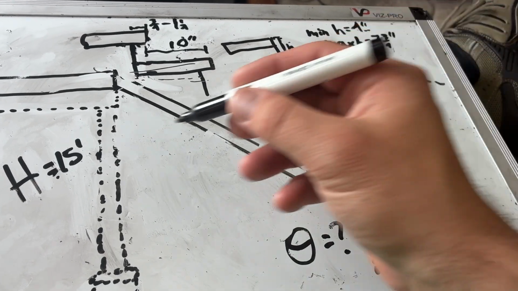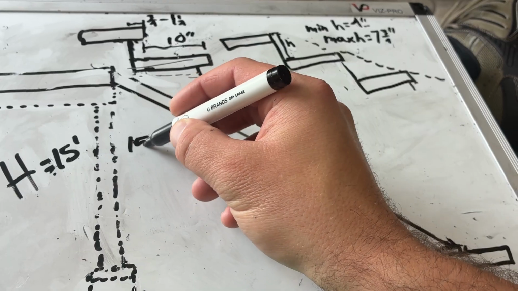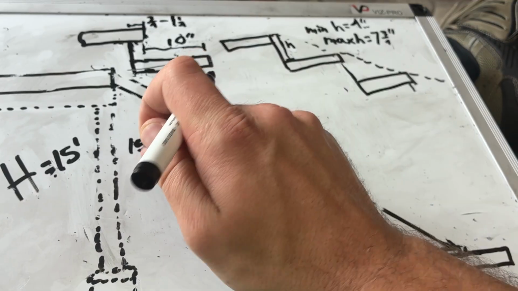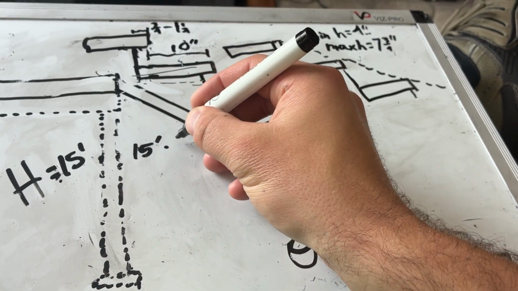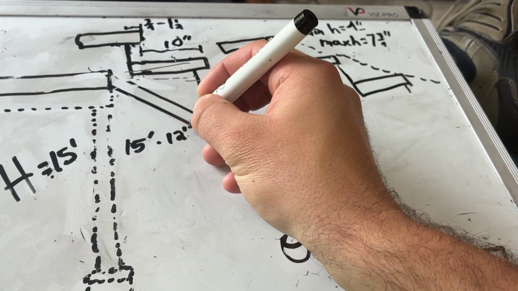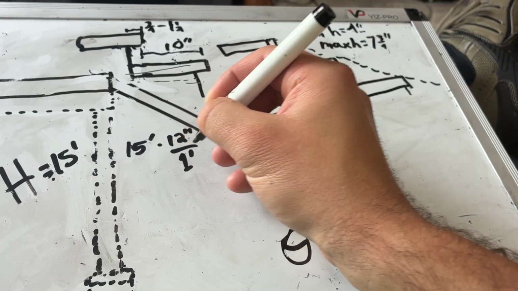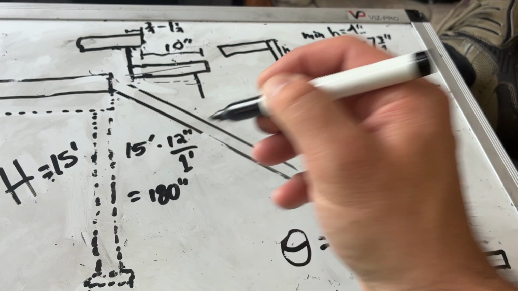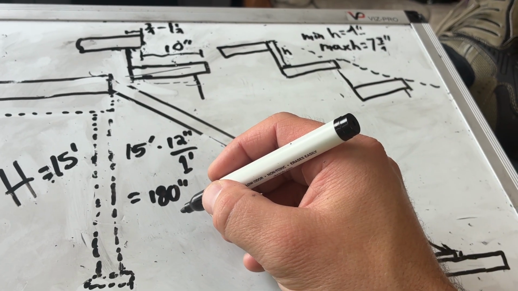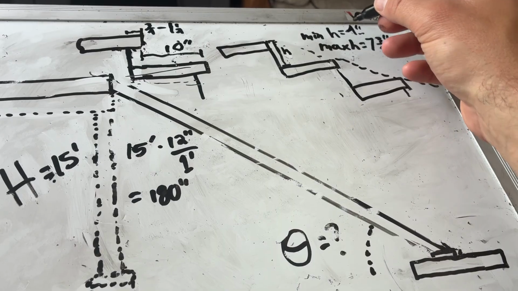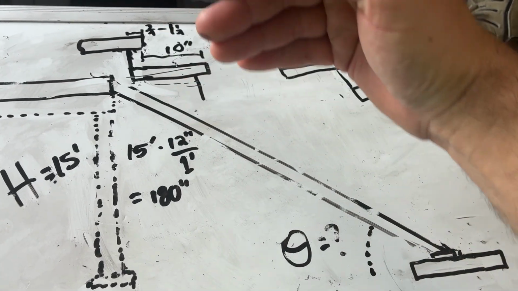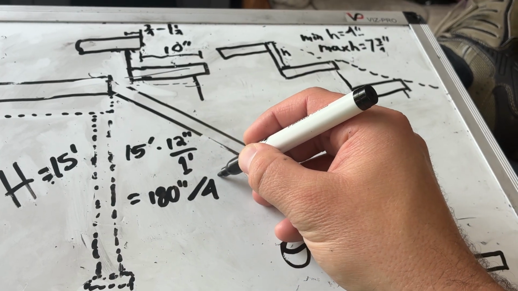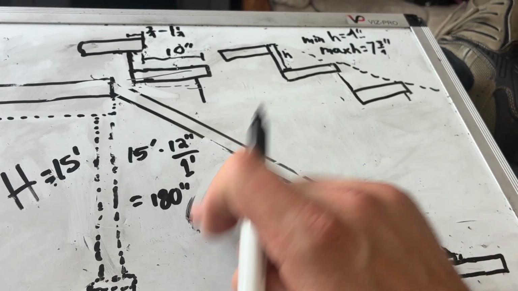So first we start with our 15 foot, and we convert that to inches. Let's multiply. I'm not just going to write equals. Multiply by 12 inches per foot. Right? And then we get 180 inches. Right? And then we're going to divide that by 4 inches, and that's going to give us how many rises there are, which is how many steps, right? So if we divide this by 4 inches, or we could write multiplied by